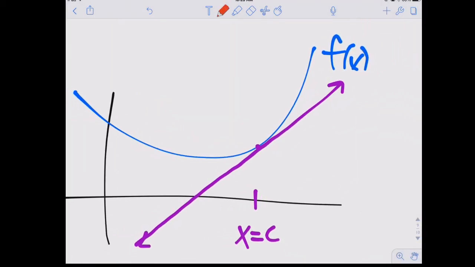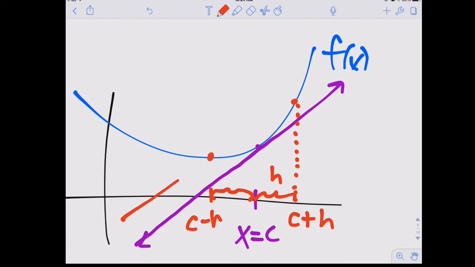What we've been doing is choosing the point of tangency c and one other point to the left or right. What the symmetric form does is it chooses another point that is, again, h units away. So that would be c plus h. But instead of finding the slope of the secant line between c and c plus h, which is what we did in our modified form, it chooses another point that is h units away on the other side. Call it c minus h. And it uses that point there. And it finds the slope of the secant line connecting those 2 points. All right, so it does f of c plus h minus f of c minus h all over the change